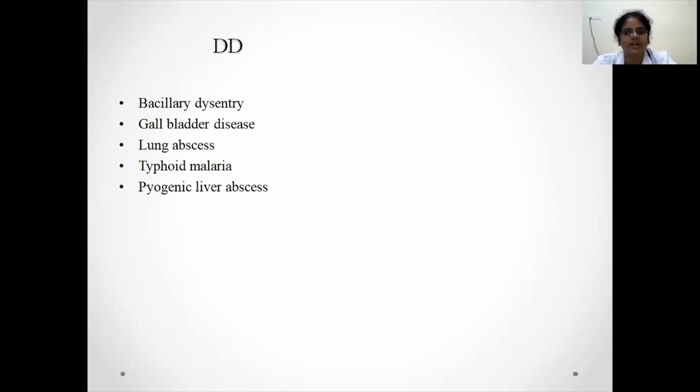This pyogenic liver abscess is most commonly seen in immunocompromised patients, post-surgical patients and sepsis patients. These pyogenic liver abscesses will be multiple. Amoebic liver abscess is usually a single large abscess seen in the right lobe of the liver. But if a patient is presenting very acutely with symptoms of less than 10 days duration, then you can see small amoebic liver abscesses. Finally, these will all coalesce and form a single large abscess. That is the difference between the amoebic liver abscess and the pyogenic liver abscess.